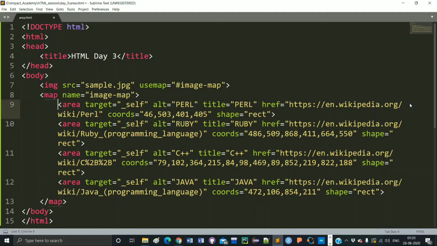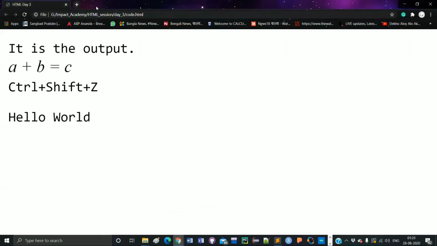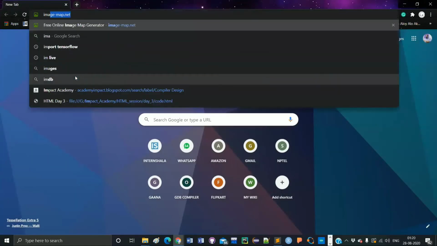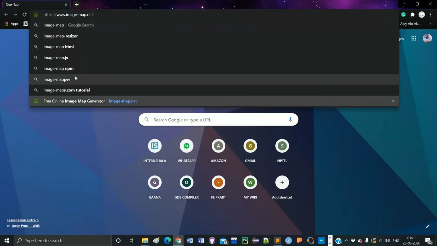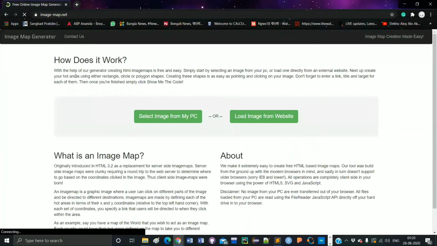Now I am going to open my Google Chrome browser and search for imagemap.net.